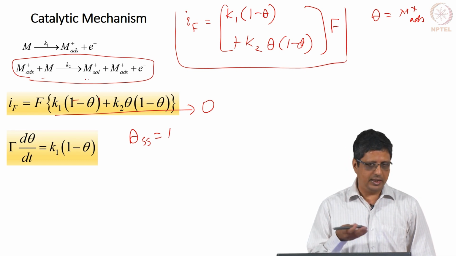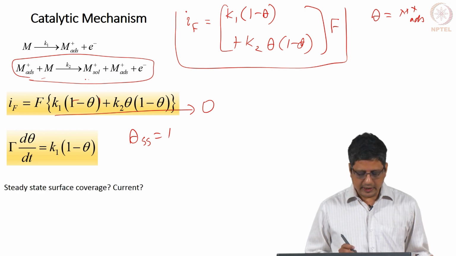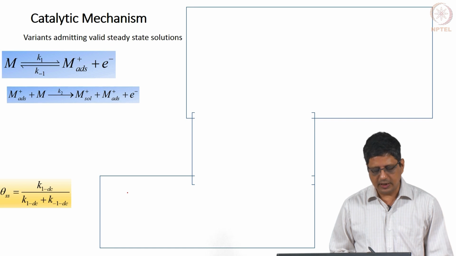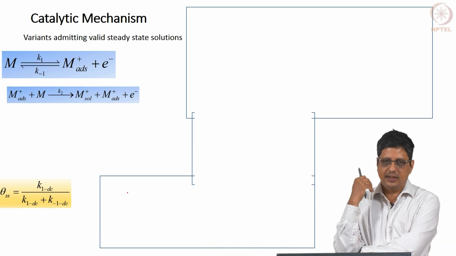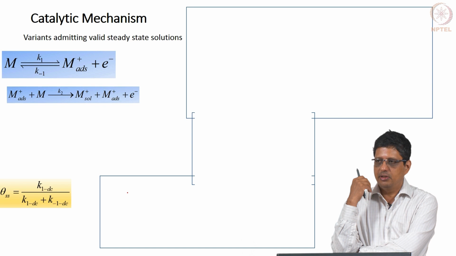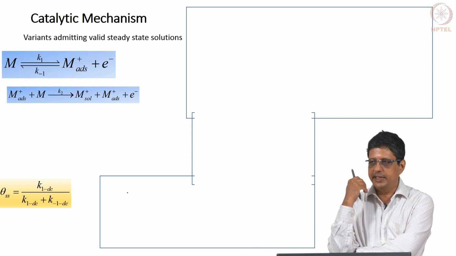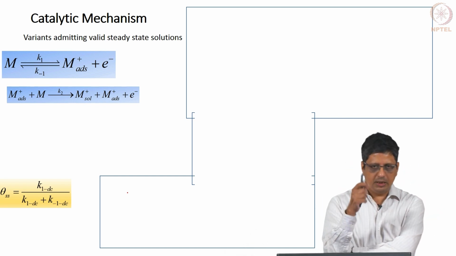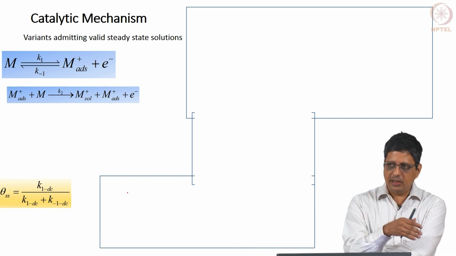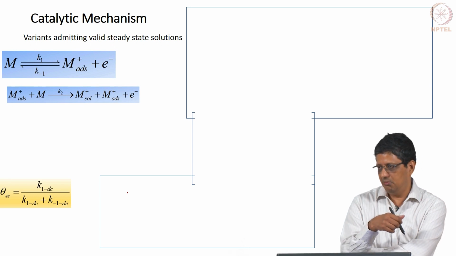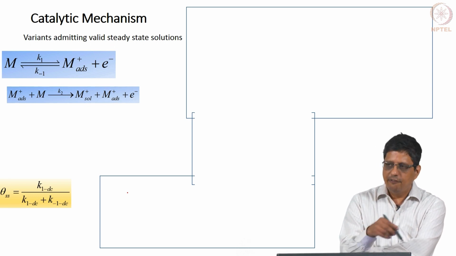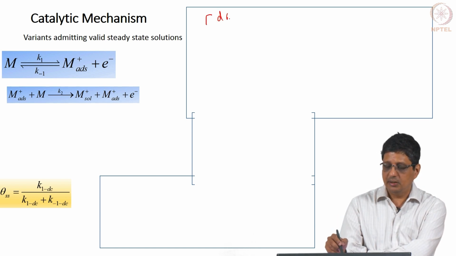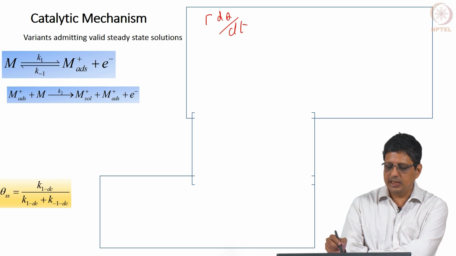The first step you all know, we have done many examples by now. So, the steady state surface coverage and current values are not that good. This actually I should have put in animation, does not matter. So, I want to propose another variant where you will get a non-zero steady state current. Let us say the first reaction is reversible. That means, if you have M-adsorbed species, it can become bare metal by taking up an electron. For this, I would like you to write the mass balance equation and the charge balance equation.